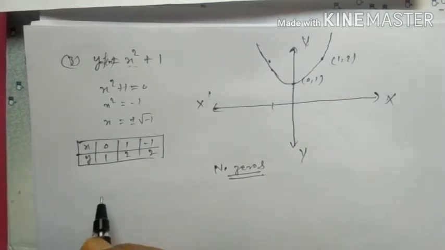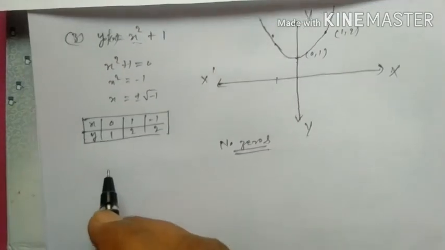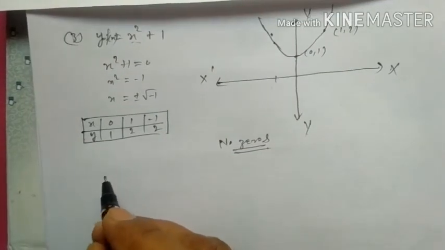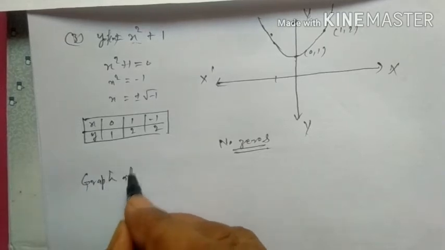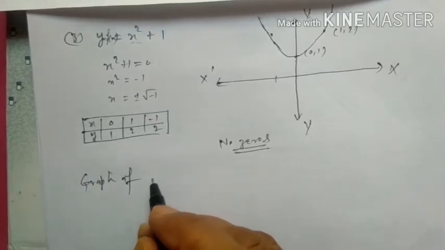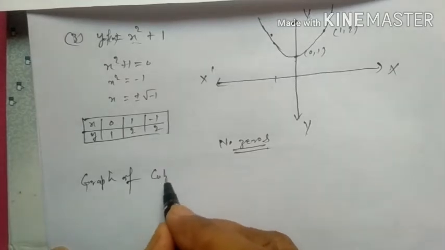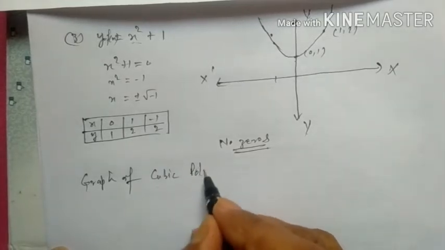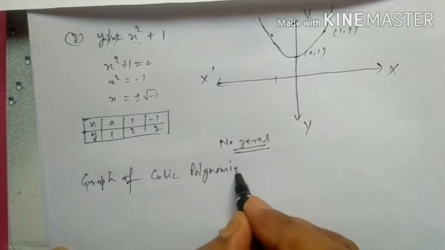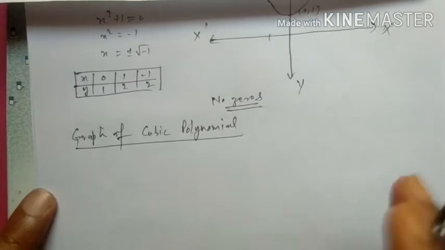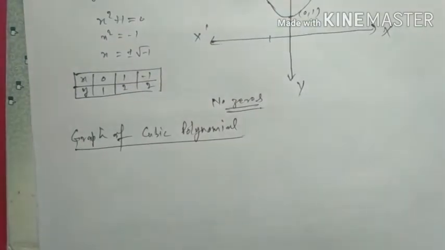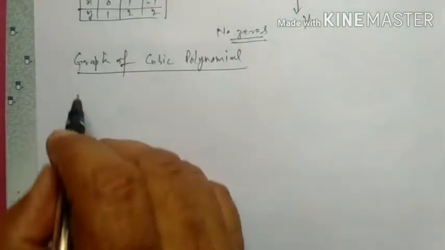Now the next topic is graph of cubic polynomial. Take the first case,